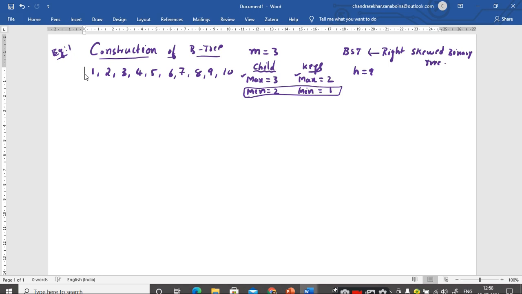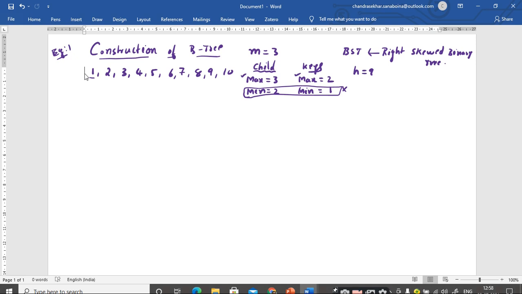So for this particular example, where we are constructing the B tree of order 3, these min values are not required. We are going to concentrate on max, but for remembering the formula we are just marking it. Is it clear up to this point? Yes, sir. So what is the first element of the list?